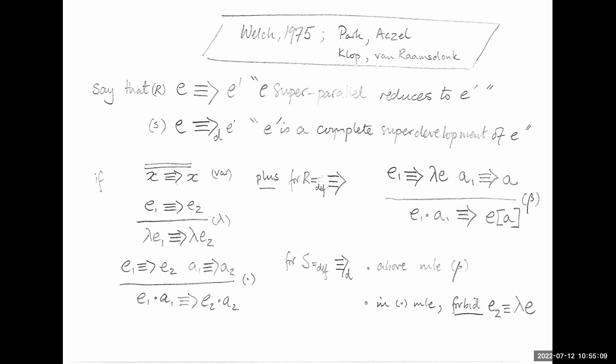Okay? There's something subtle about these things, or there's something very stupid and mechanical about it. But in a sense, all I've done is taken beta, that innocent relation, and saturate every position in the abstract syntax tree with the ability to do stuff. And that saturation of the relation then gives me superparallel reduction. And that saturated form of the relation is then something which is strong enough not only to have all these properties, but that saturation is actually where we can mop up those leftovers. And that's probably a very good place to stop.